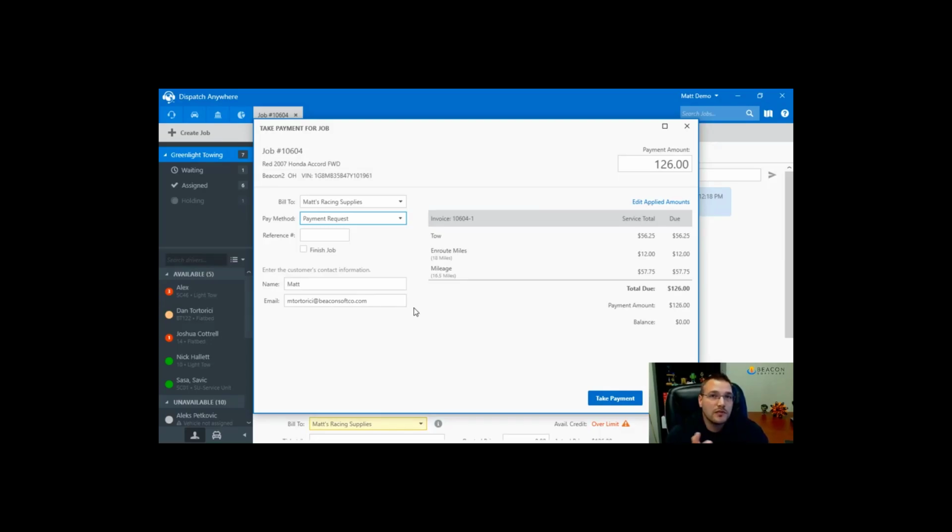There is a spot for the customer to put a tip, and they also have the option to pay the credit card fees, or they call it a processing fee. It's 3% of the bill, and part of that will go to Xpress Pay to pay your credit card fees. So really kind of what works with Xpress Pay is that customers are going to be paying your credit card fees, which is nice, but it is an additional charge that your customer would see. Your job in the system, like in this case, they would pay $126, and then the extra fees would be collected there. Now Square,